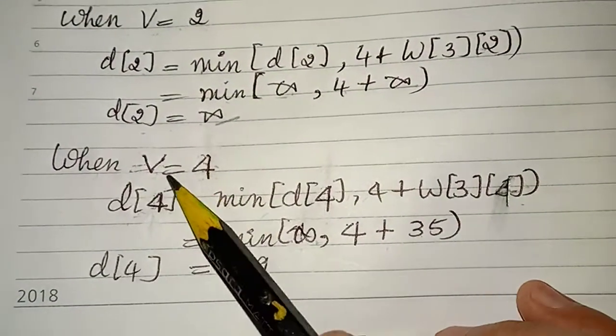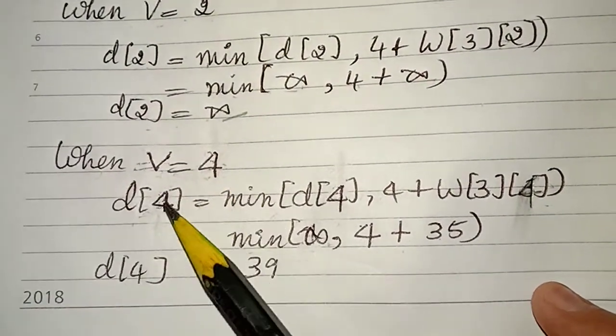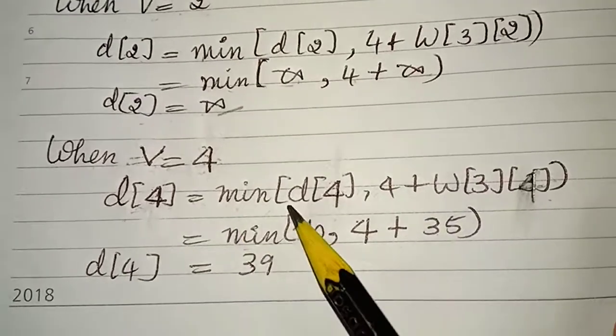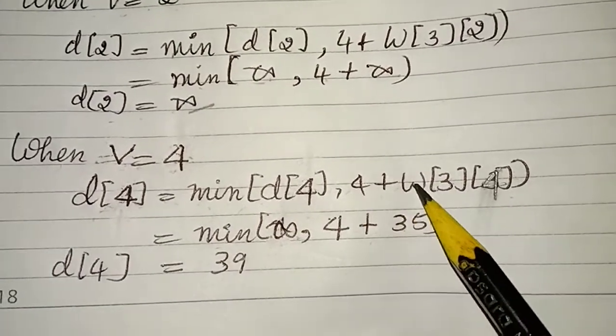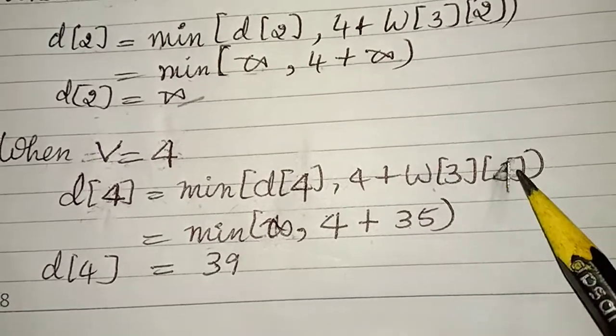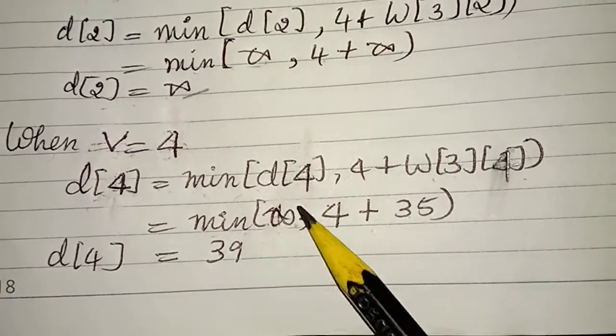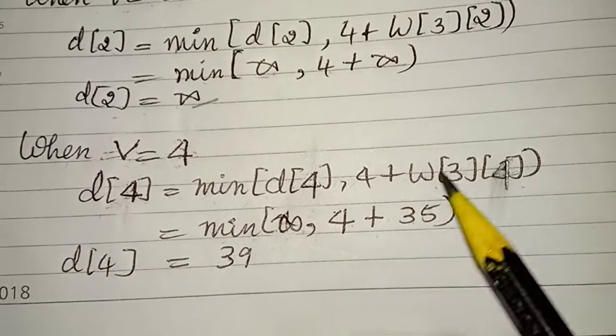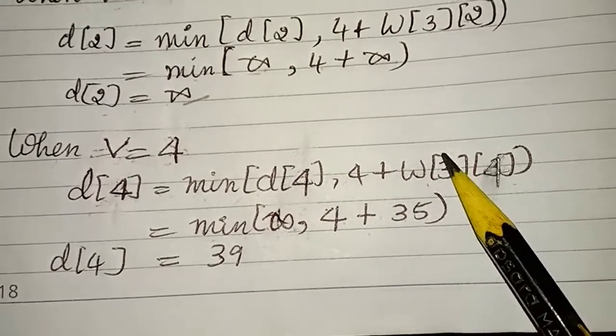Next you substitute the value, that is v is equal to 4. So here you get d of 4 is equal to minimum of d of 4 comma 4 plus w of u and v, that is u value is 3 and v value is 4. So it will be minimum of infinity comma 4 plus, you have to find the cost from